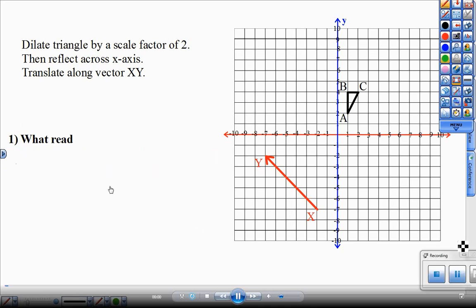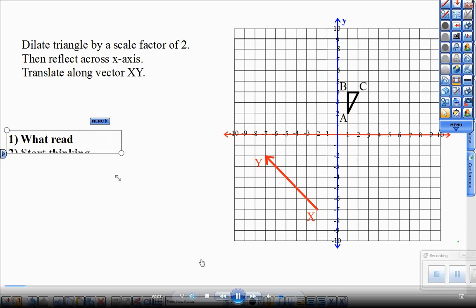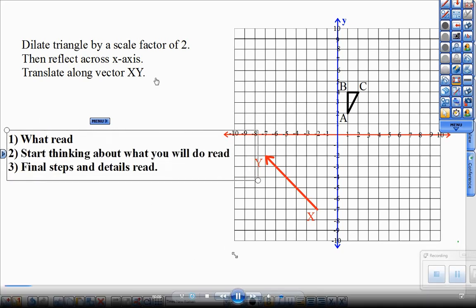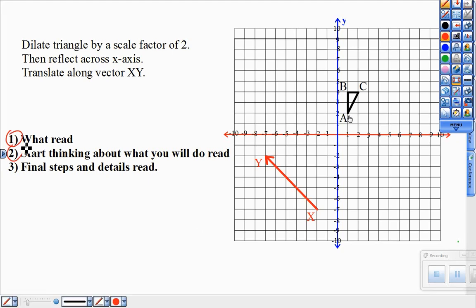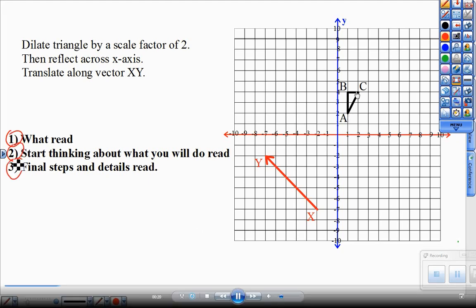So here I go. First thing I'm going to do is I'm going to dilate it by a scale factor of 2. Again, my more detailed reading. Dilating by a scale factor of 2, I'm going to multiply every coordinate by 2, which I could easily do. The coordinate (1, 2) doubled becomes (2, 4). The point (1, 4) doubled becomes (2, 8). The point (2, 4) doubled becomes (4, 8). Or again, I could follow that pattern through the origin,